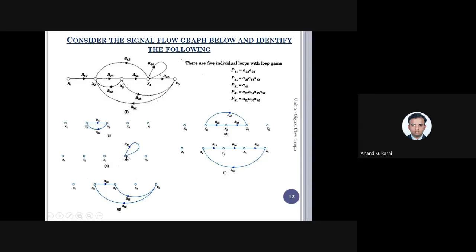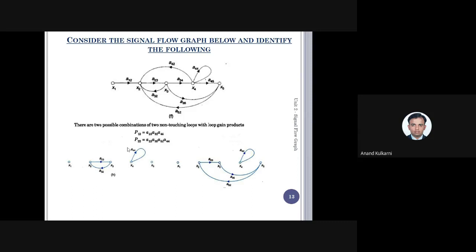Similarly, if I want to consider this as the sink, or nothing but the output node, it should have only input. It should not have output. But again, it has output and input. So this is contradicting. So I cannot consider a self loop as the forward path. Correct. Okay, understood? No. Once again, yes.